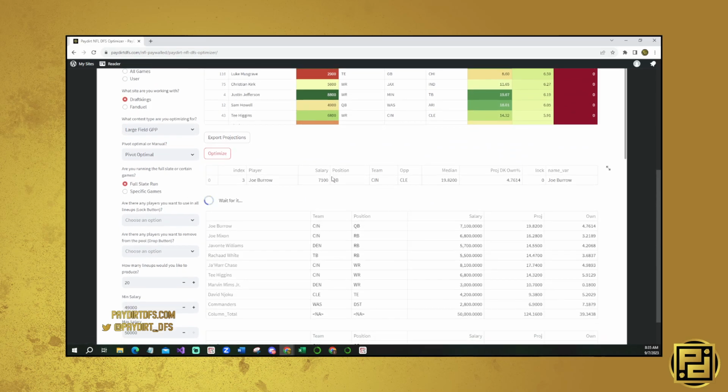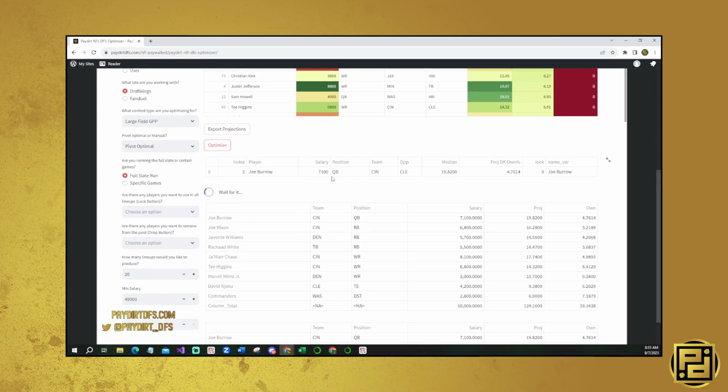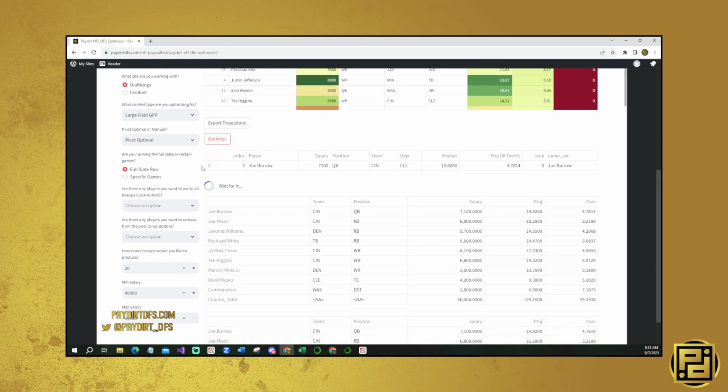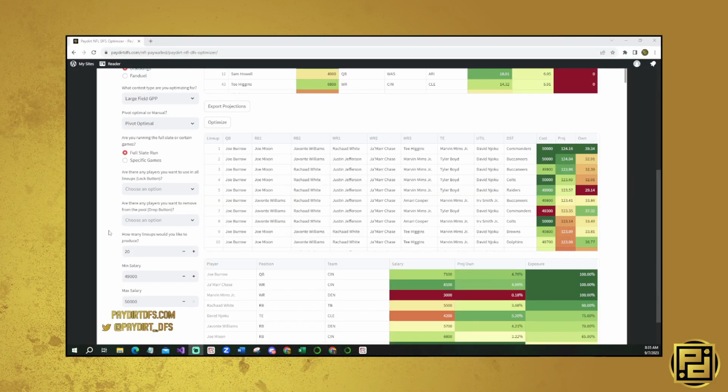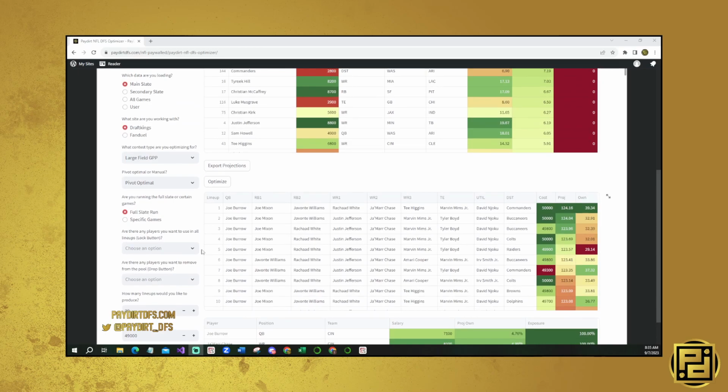Joe Burrow, but this time it's going to be a little bit different based on the way that it builds, right? One note, sometimes it's going to use both of the same stack for both because it is both the highest overall owned lineup and also the highest overall projected lineup. Is what it is. So if we want to get away from that, right, and we just want to build,